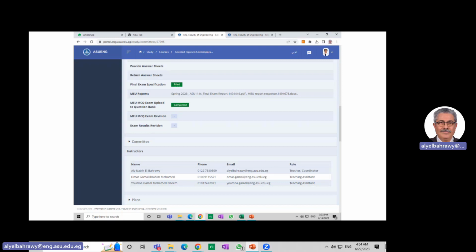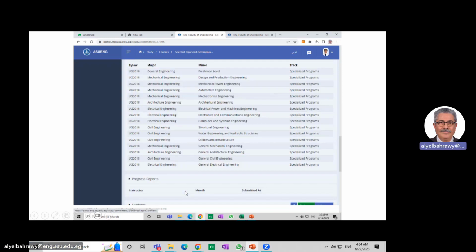And here are my name and the names of my two active teaching assistants, Mr. Omar Gamal and Mr. Yumna Gamal. These are the programs that take the course, too many programs, because in the Faculty of Engineering we have created our programs and we don't call them by departments as we used to, because it's a university requirement. You find all